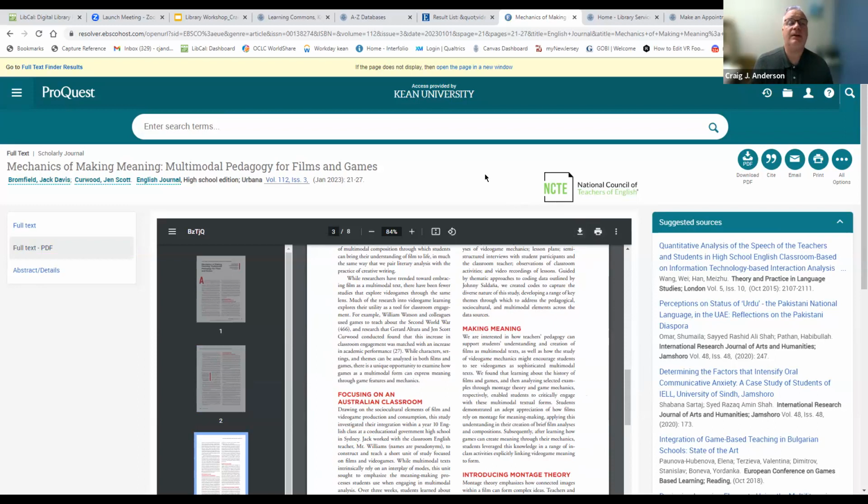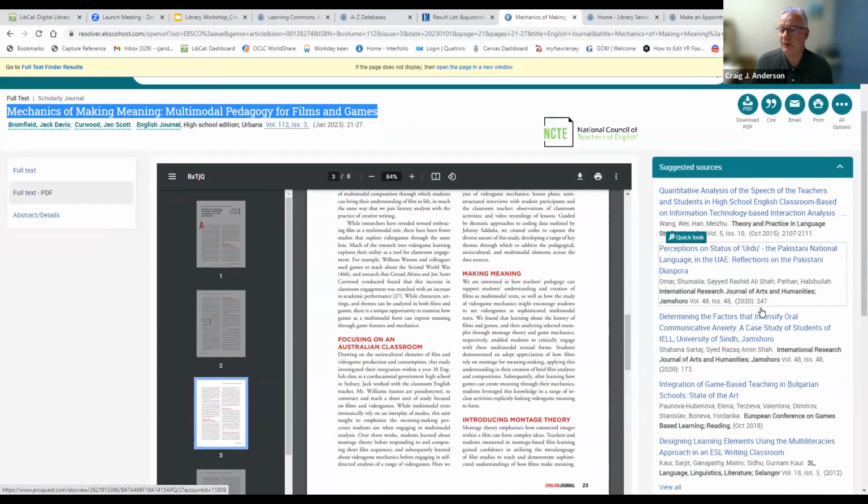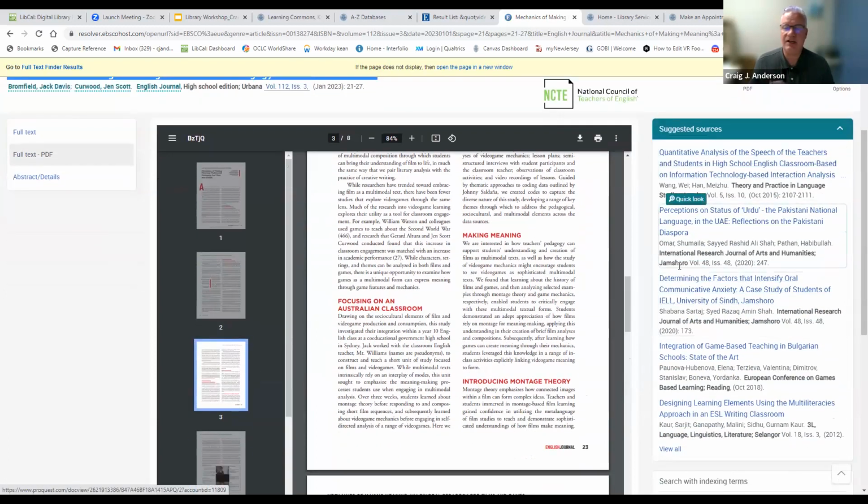One of the things that I do like about the ProQuest databases is that also along the side here, it has suggested sources. So if we're looking through the result list and we don't find exactly what we're looking for, if we can find one article that's at least in the right ballpark, something that can kind of work with it, ProQuest will show us other articles that are similar in content to the article we're looking at here.